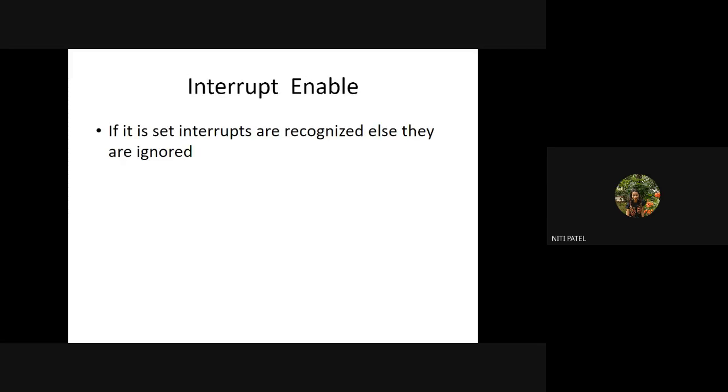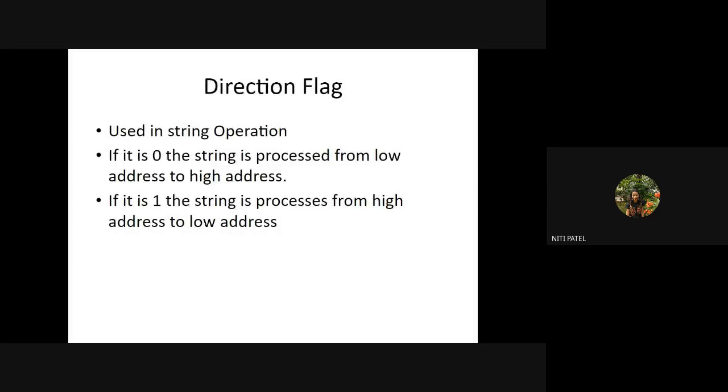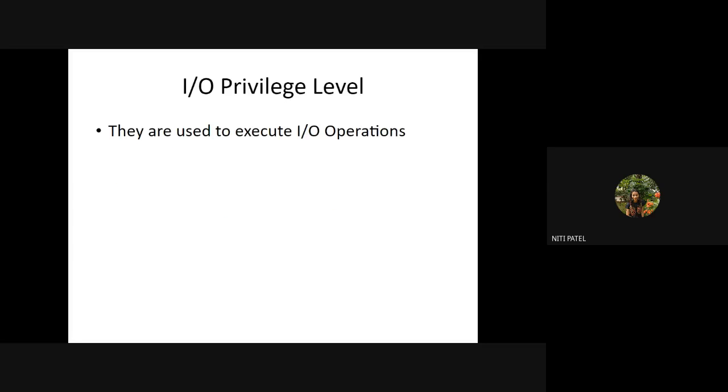Then we had seen the interrupt enable flag. So if the bit is set, your interrupt will be activated, and depending on what kind of interrupt it is, a hardware interrupt or a software interrupt or a program interrupt, it is a choice of the user whether it has to be entertained or it has to be ignored. Then we had a directional flag. The bit was set to either 0 or 1. If it is set to 0, it was accessing the lower bits and then the higher bits. But if it was set to 1, it was accessing the higher bits and then the lower bits of the string.